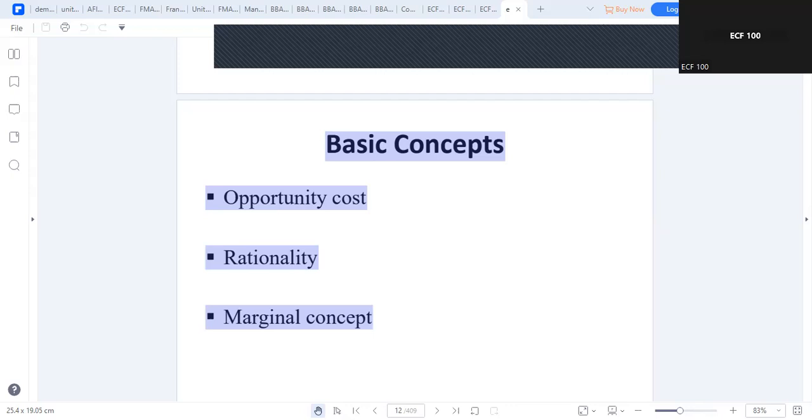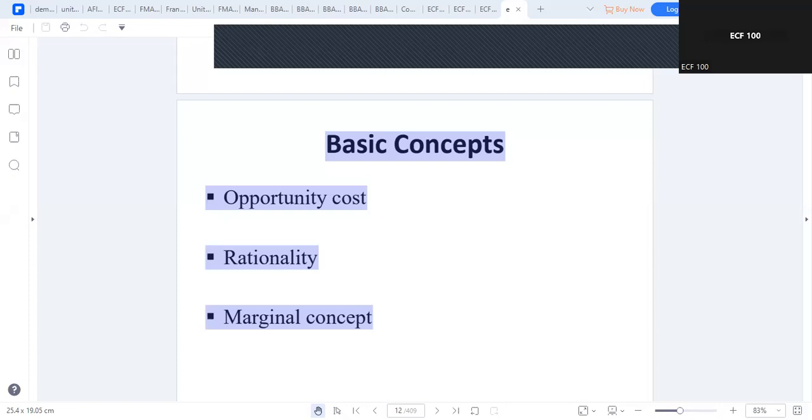Then finally, we have what we call the marginal concept. This is a concept which in economics assumes an incremental or additional change resulting from a decision or an action. It usually focuses on the effect of small incremental adjustments rather than the overall changes. The term marginal simply means what? Additional. So if we have marginal cost, marginal revenues, just additional. This concept in economics simply examines the incremental changes that result from the decisions we make. Any change should have a marginal